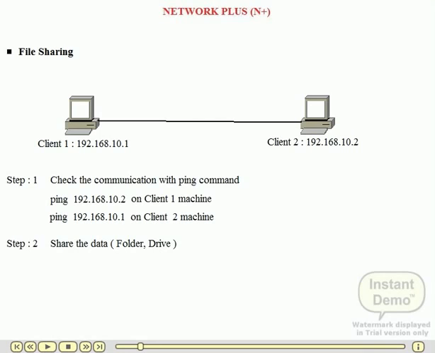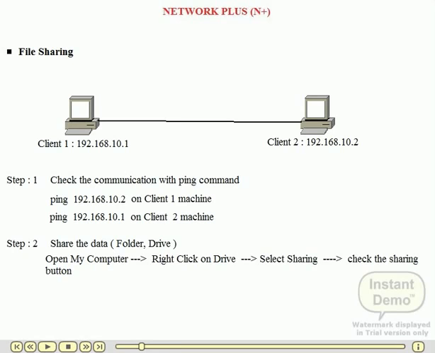Now perform the second step. In this step we share the folders and drive. We understand how to share the drive. For that, just open My Computer, right click on the drive and select the sharing options. Now open the sharing configuration window. Perform this step on